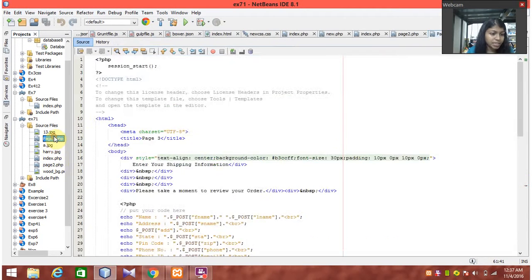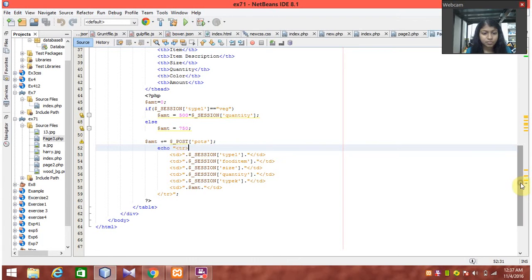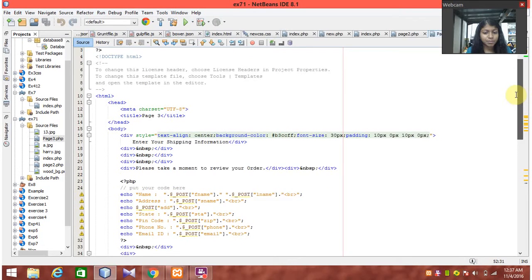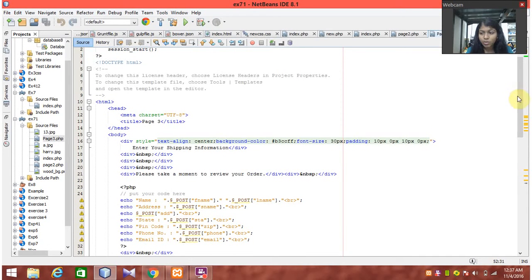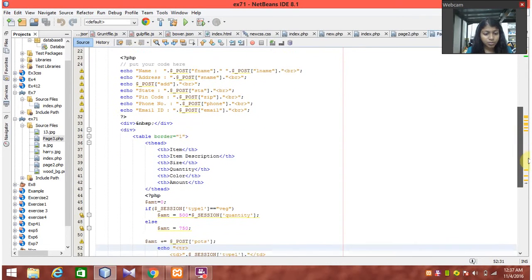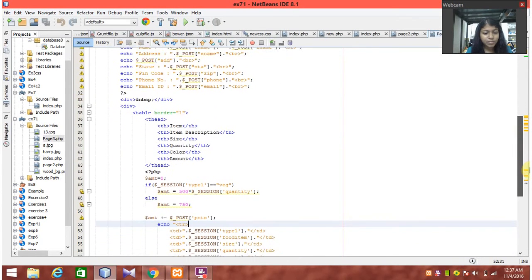In page3.php, all the details that the user has entered before, such as the name, address, the state, the pin code, phone number, email ID, everything will be displayed. This page is created for the user to review the order placed, and all the styling details for that particular page is given inside the div tag and under the style clause. So inside the PHP,